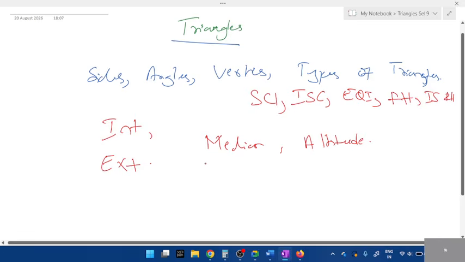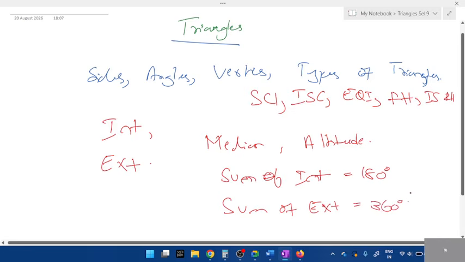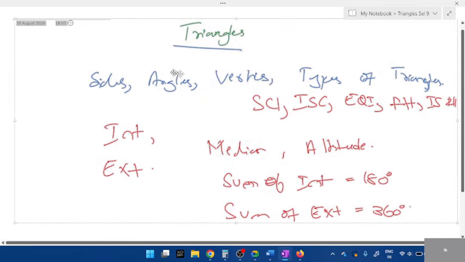Just go through all this. Did we miss out anything? Interior, exterior, median. Are you all thorough with all the concepts? Okay, what was left? Interior, exterior. Sum of interior angles. What is the sum of interior angles? 180. If I ask the sum of exterior angles, very good, 360. Almost there are 8 to 10 topics, and tomorrow we'll start congruency. Fine. So for homework, go through everything and attend tomorrow. Clear? Fine. That's it for today. You all can leave, students.